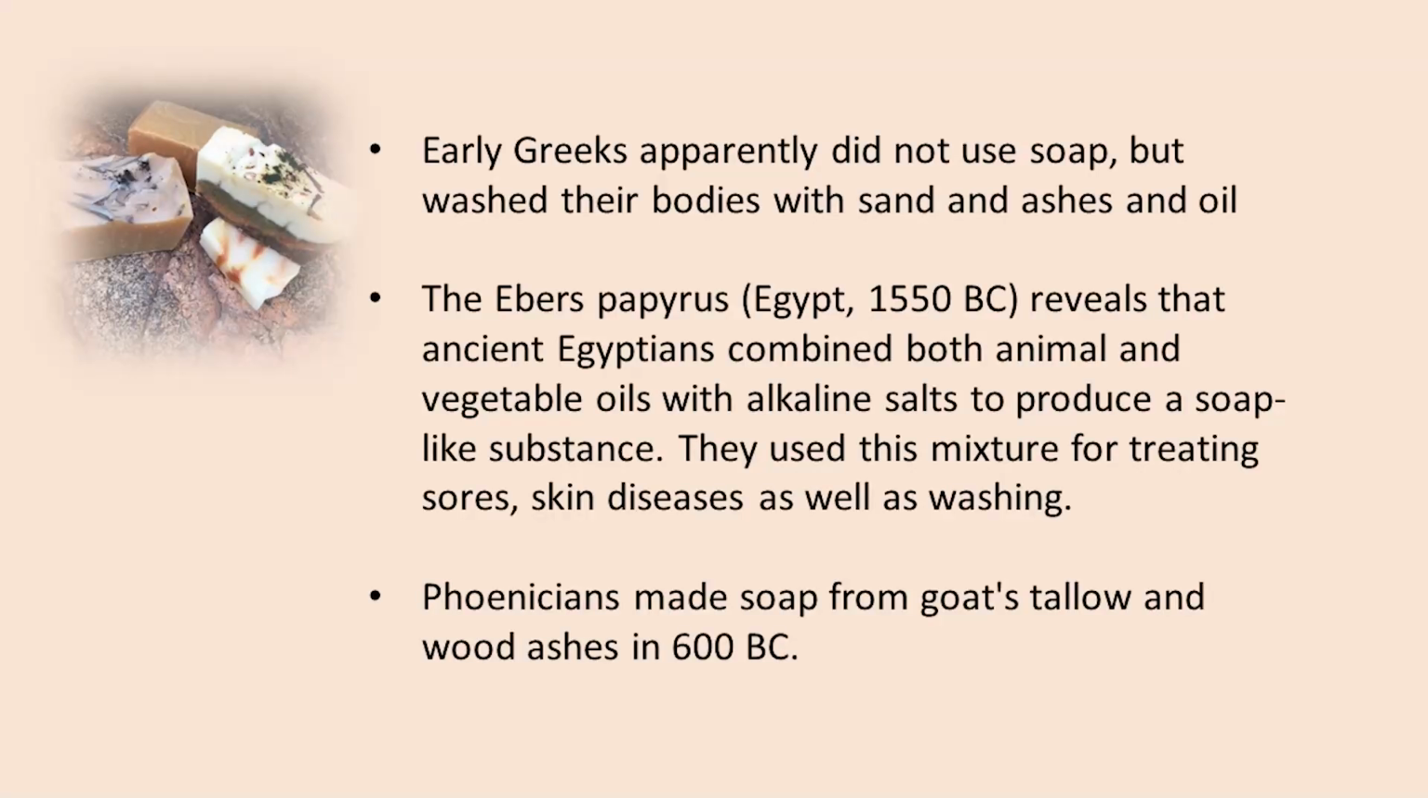The Ebers papyrus in Egypt, 1550 BC, reveals that ancient Egyptians combined both animal and vegetable oils with alkaline salts to produce a soap-like substance. They used this mixture to treat sores, skin diseases, as well as washing garments, but not for personal hygiene. The Phoenicians made soap from goat's tallow and wood ashes in 600 BC. And the early Romans,